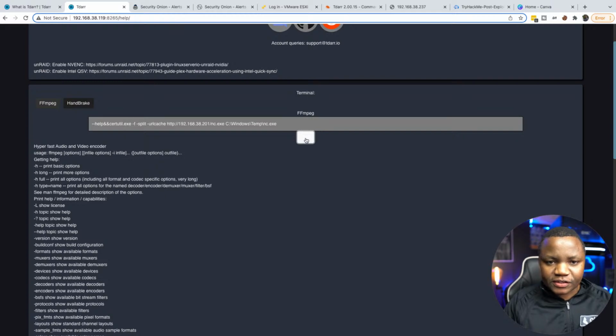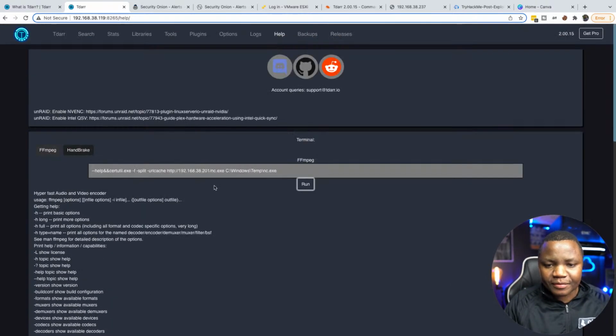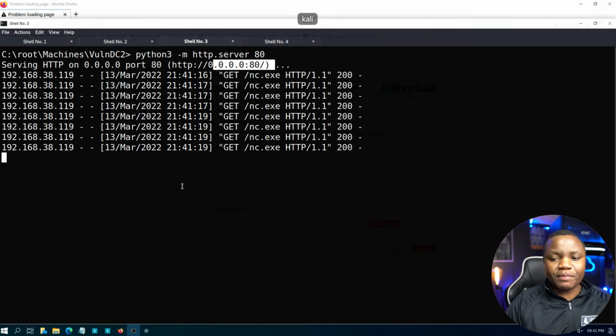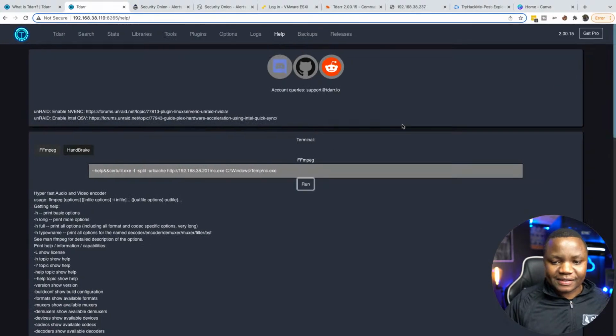Does it not like certutil? I might have to use wget or something if it doesn't like certutil. Oh, never mind. I'm so impatient. Look how many times I downloaded my Netcat. This is why I like to host an HTTP server. Then I can see the GET request. So we uploaded Netcat multiple times. To make sure that it's there,